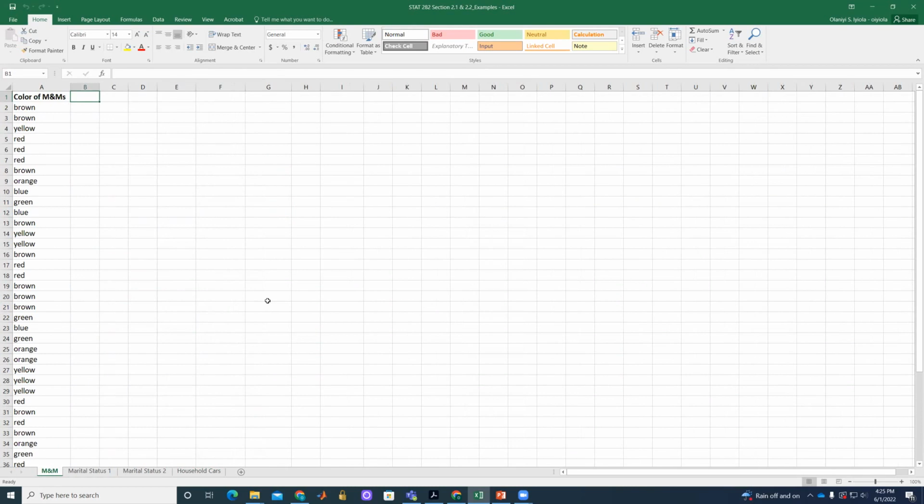qualitative data. And in this data, I'm going to be talking about creating a frequency table, relative frequency table, bar graphs, or sometimes called bar charts. And we move on from there. So the first thing is to create a frequency table in Excel. You need to create, so first I'm going to have number of cars,